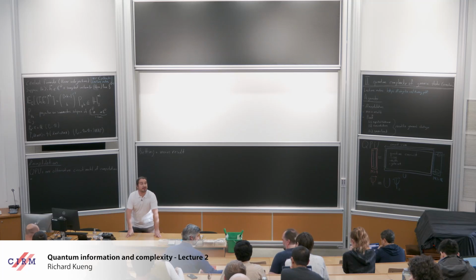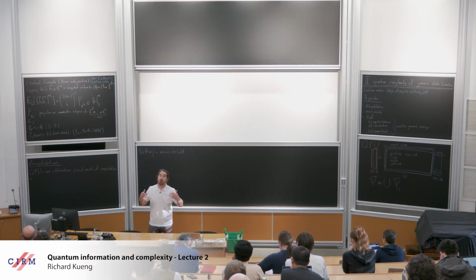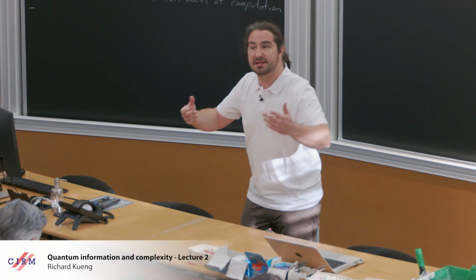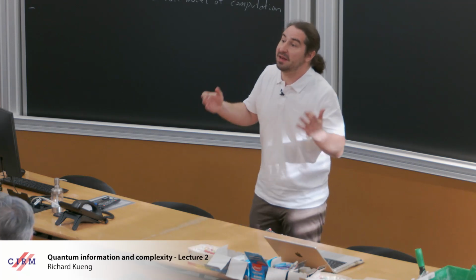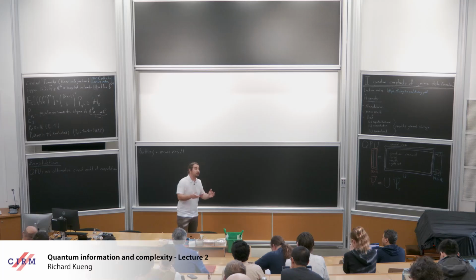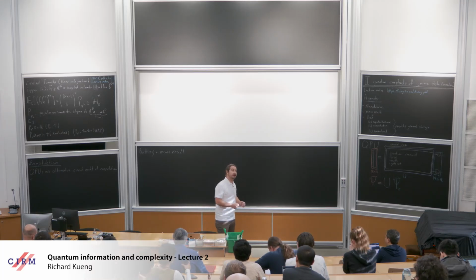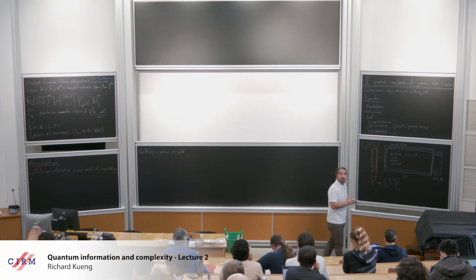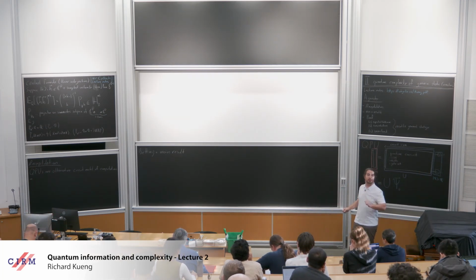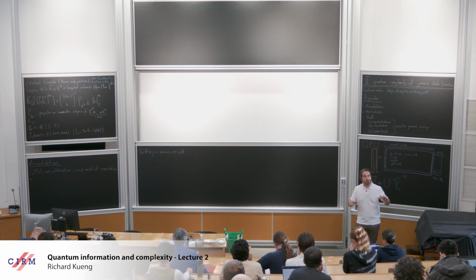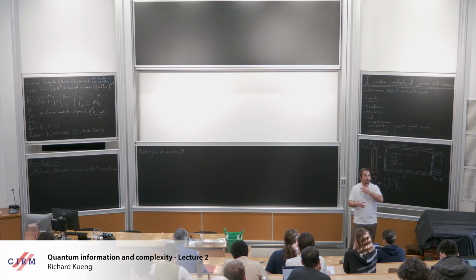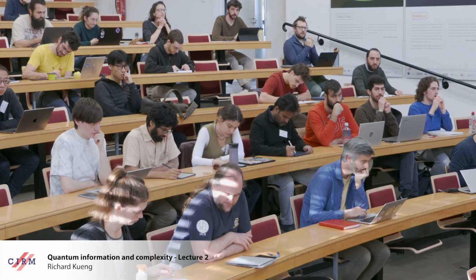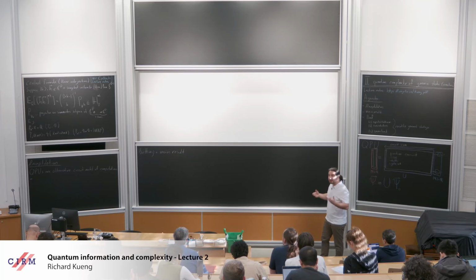Instead, I want to talk about complexity in the sense of a cost associated to executing a certain computation, a fundamental cost. Also when it comes to incompressibility of computations and fundamental lower bounds. There are some basic results from classical computer science that I want to remind you of. And in the last two lectures, we will try to make sense of them and generalize them to the quantum setting. And this is not as straightforward as you might think, because if you paid attention yesterday,